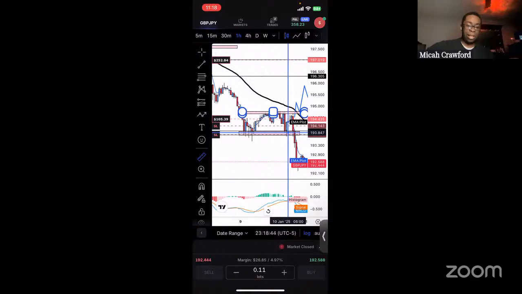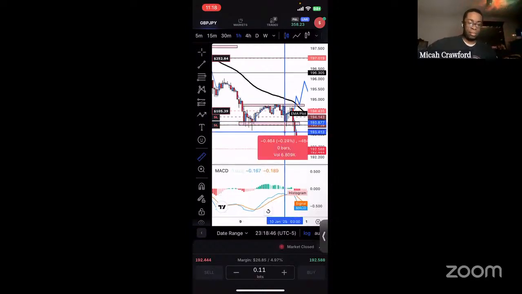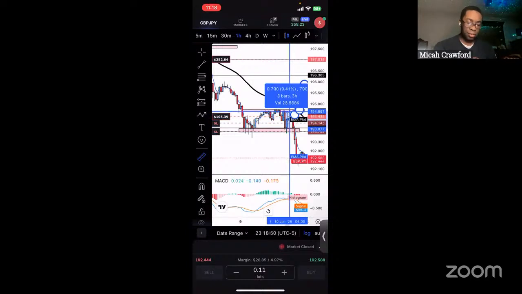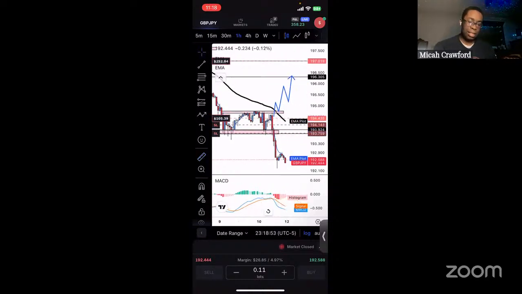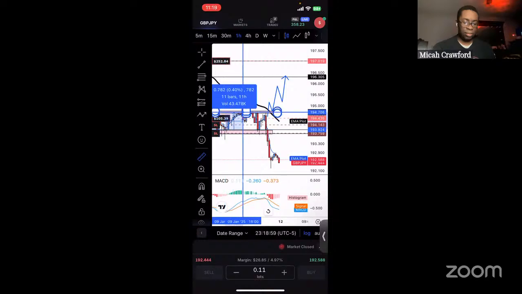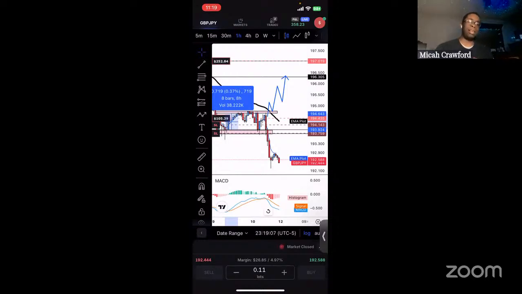Nice intraday play. About two times. This one hit for 79. Well, yeah, 79. So 68. So let's say roughly 70. 70, 70. That's 140. Are they wrong? No,